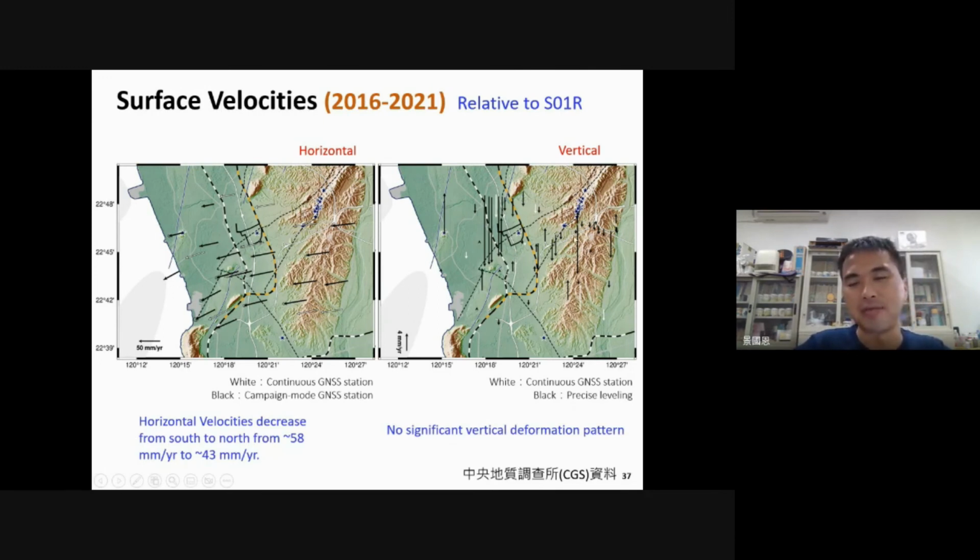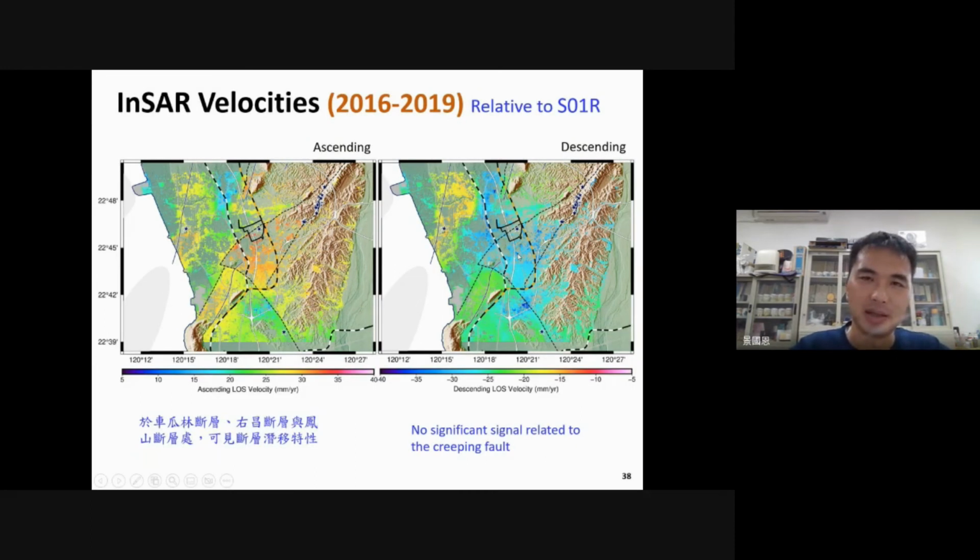And based on the vertical velocity, we get almost no systematic pattern. So in this case, InSAR will be important. So the InSAR results will provide us good spatial resolution results,